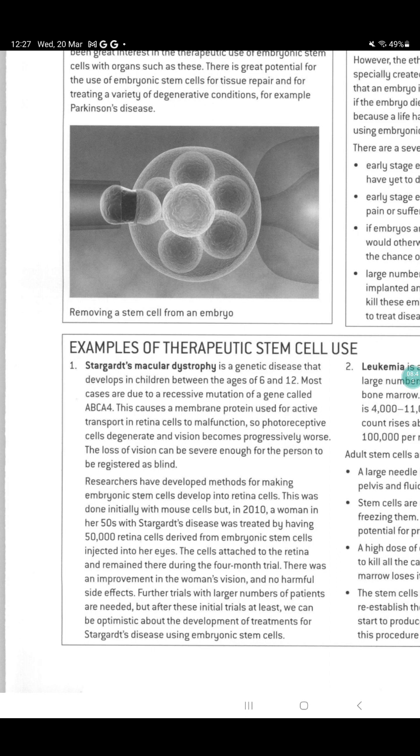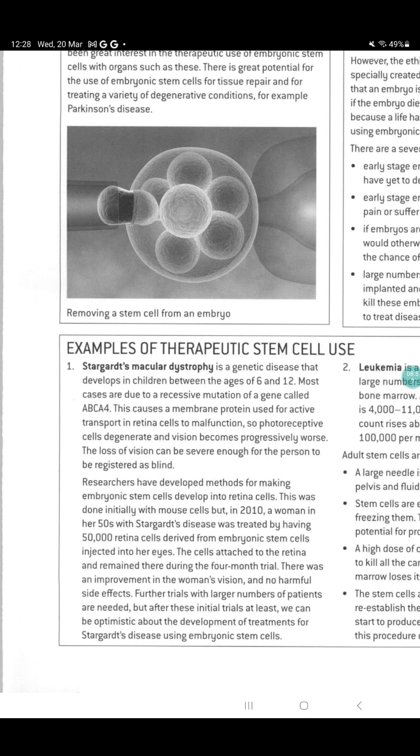So basically, if the retina cells are damaged, what is going to happen? The person is not going to be able to see, and with the passage of time, the person can become blind. The loss of vision can be severe enough for the person to be registered as blind. Now researchers have developed methods for making embryonic stem cells that develop into retina cells. So what is the treatment? The treatment is that we can develop retina cells, those which have been damaged, in the laboratory, and we can